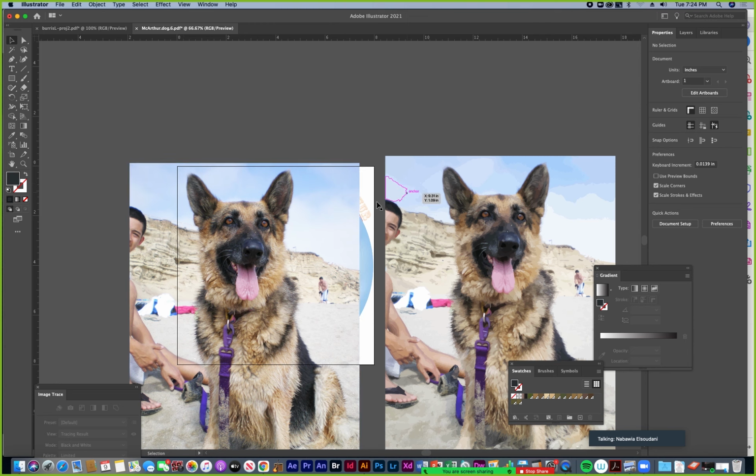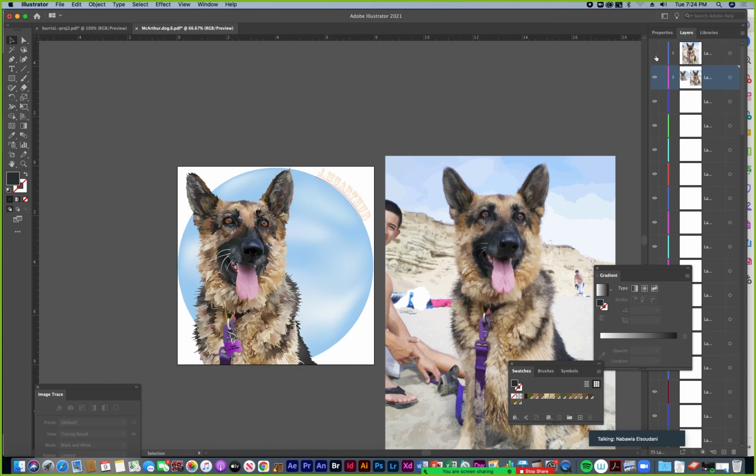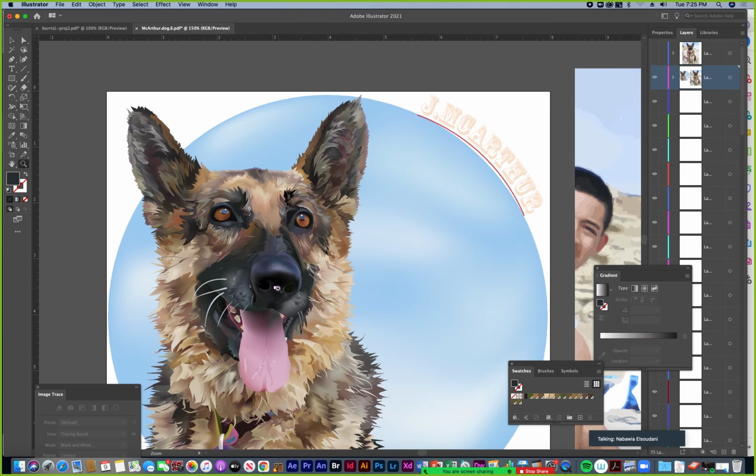Any questions about that? Avoid image tracing at all costs for this assignment. Image tracing can come in handy for other types of assignments, but not for this one, all right? So use the pen tool. You want to master that tool. That's an important tool. That's going to give you a lot of power,